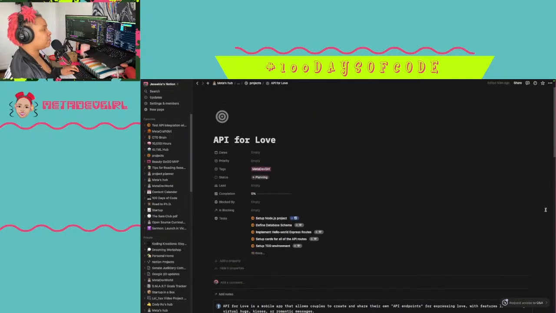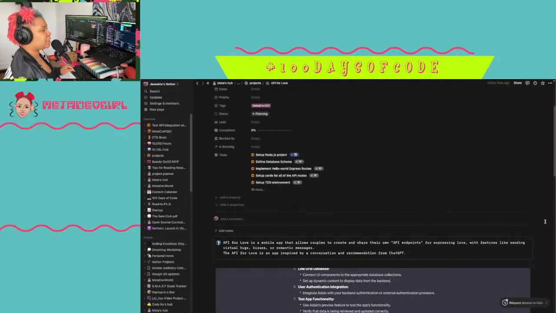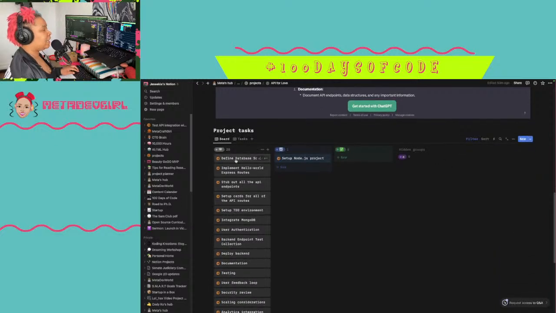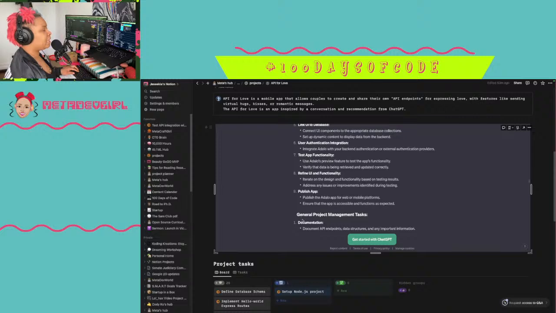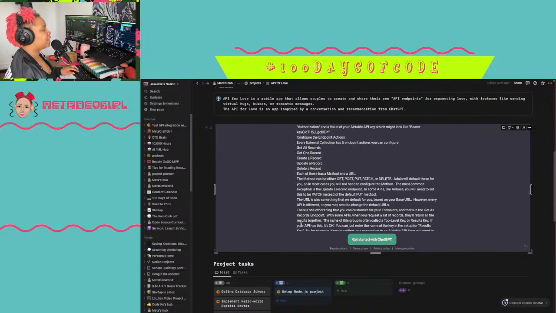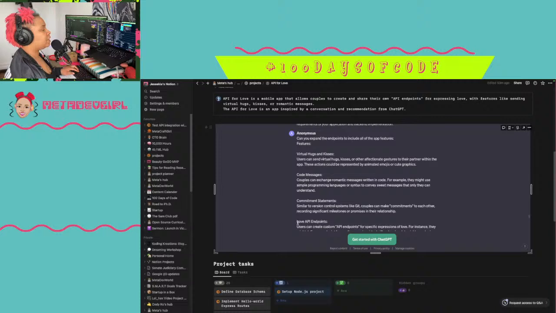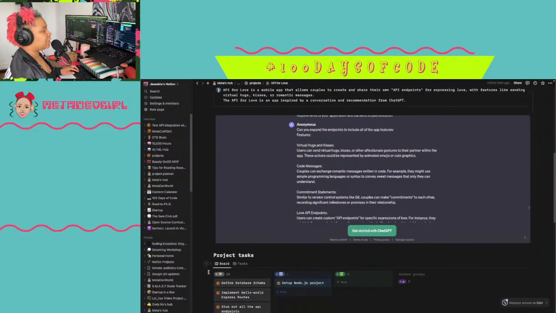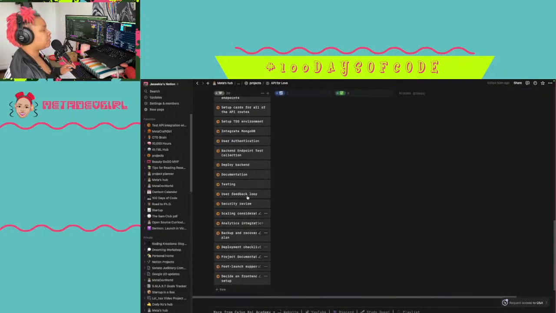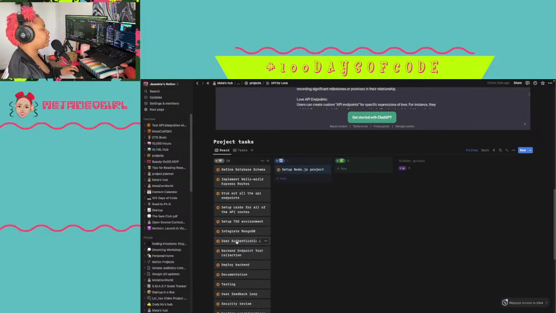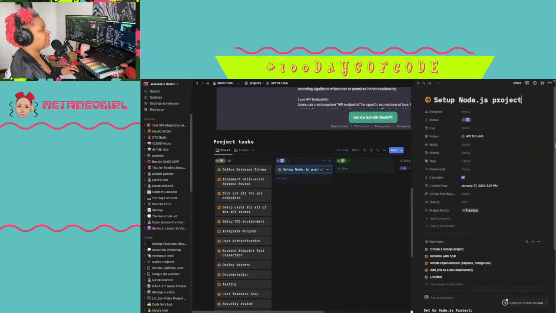This is my Notion board that I will be using to manage the project. And then I have so far documented, through a page embed, the actual ChatGPT conversation, which I can always use for reference. I also have already created some preliminary project tasks for the back end that I need to accomplish. So the first thing I'm going to do is start with setting up the Node.js project, which is what I was taking a look at.